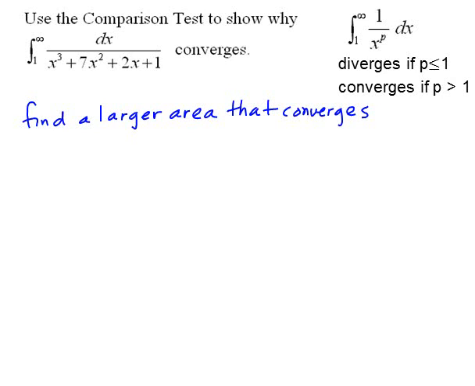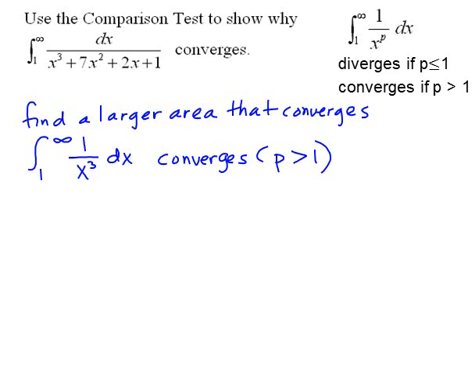Recall that the integral from 1 to infinity of 1 over x to the p diverges when p is less than or equal to 1, but converges for p values greater than 1. So let's pick p equals 3. From earlier findings, we know that the integral from 1 to infinity of 1 over x to the third converges. So then to make my argument convincing,